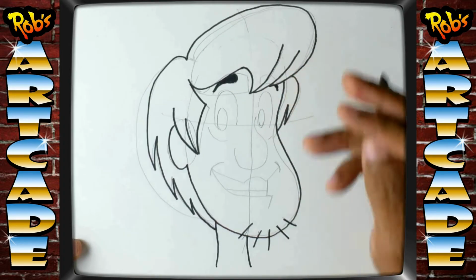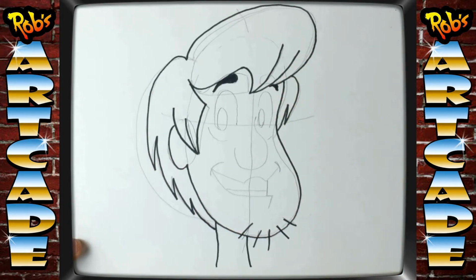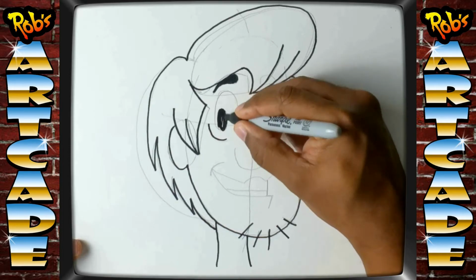Now, since the hair overlaps the other eyebrow, you're not going to see the rest of it. So we're just going to go over the part that we can't see, because again, the hair would be in front, the eyebrow would be behind it. There's a little bag under his eyes, his eyeball,